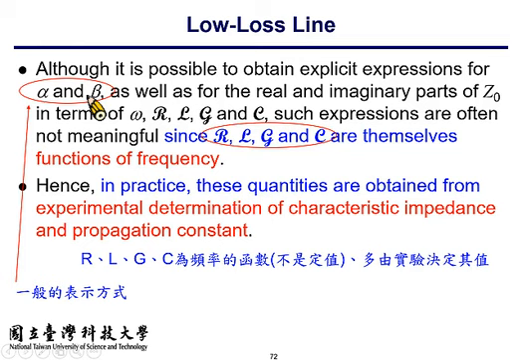So in reality, in actual scenarios, it's more convenient to do measurements on the transmission line. And according to the measurement result, we can determine the propagation constant, which can be transformed into the attenuation constant alpha and beta. And with the calculated alpha and beta, you can find the corresponding